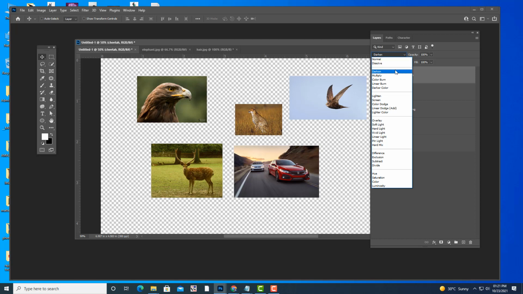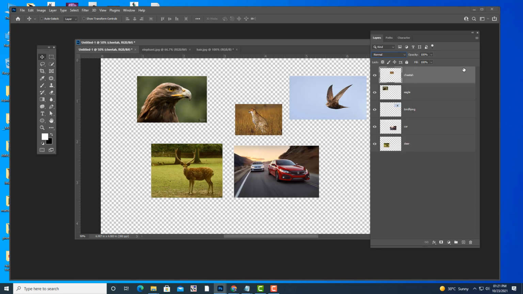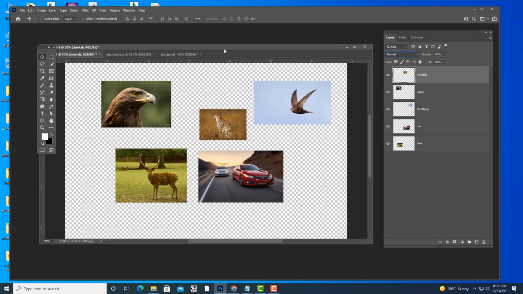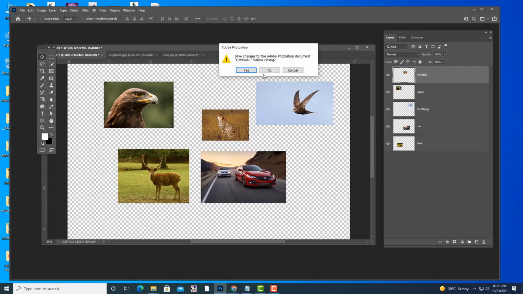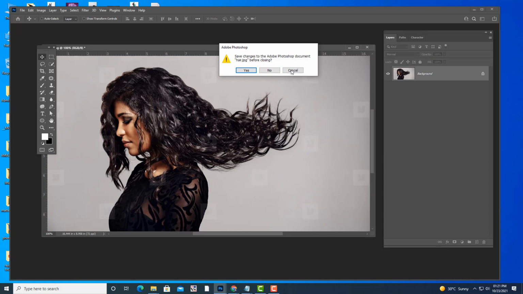See, these are another powerful and very important option, and we will be using these options again and again in the coming classes. So now I will explain to you about blending modes. Let me close everything here.